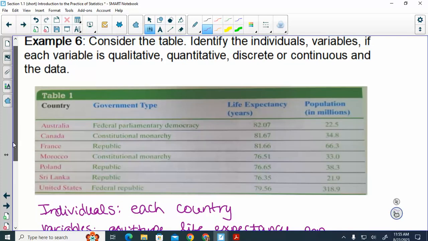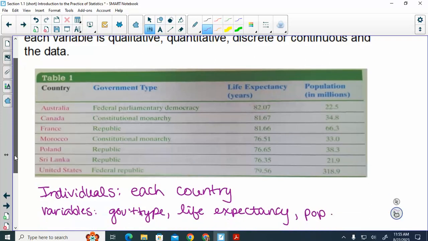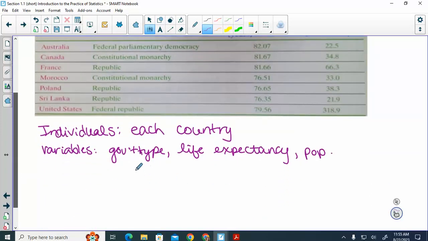For those variables, qualitative or quantitative? So government type, what is that? Life expectancy. It's measured in an age, so it's quantitative. And population,